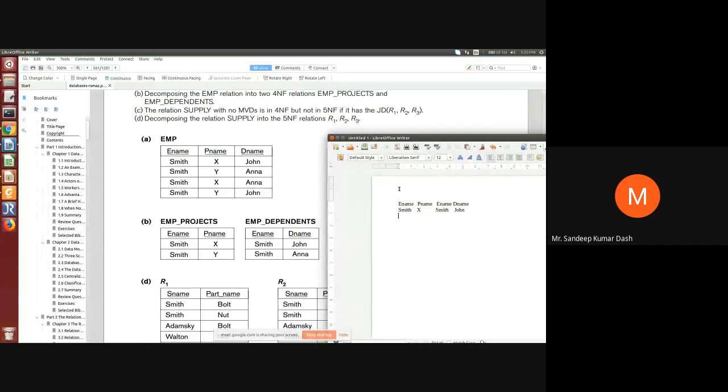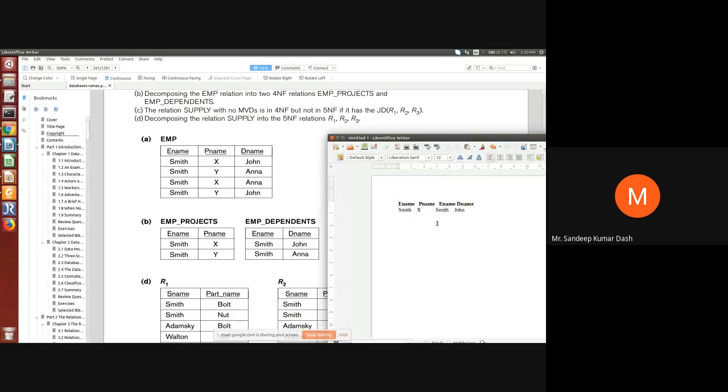In the process of spurious tuple, I am saying that when you divide a table into two or three or four or five, n number of tables, and then combine the divided tables back, it should give you the original table. That I'm trying to prove here. Original table means whatever data was there originally, it should be there. There should not be any additional rows or tuples coming in. Okay, so this was my original table.